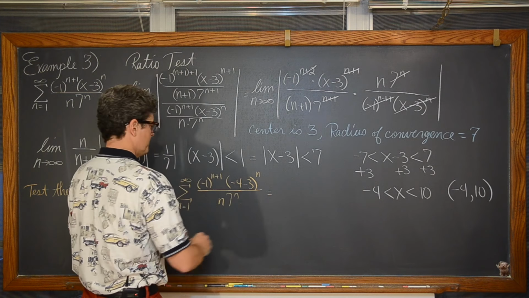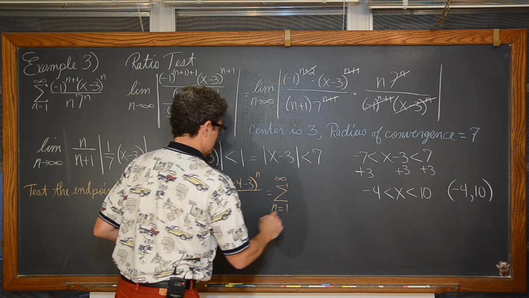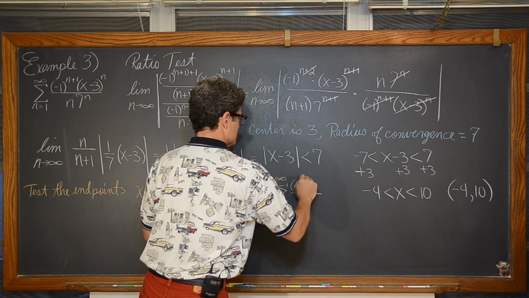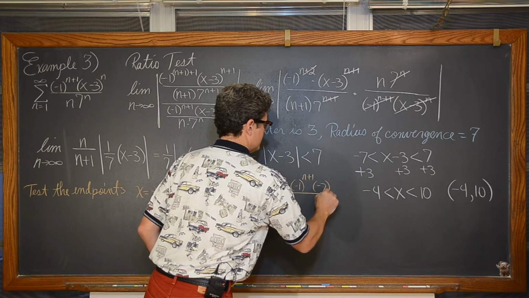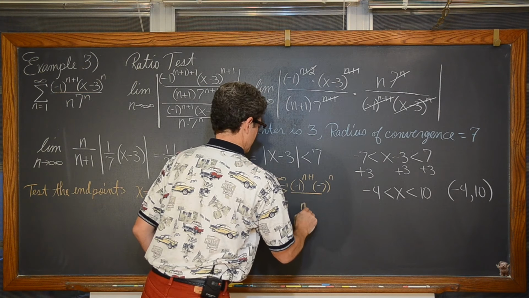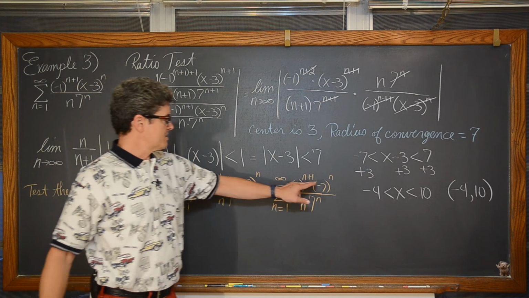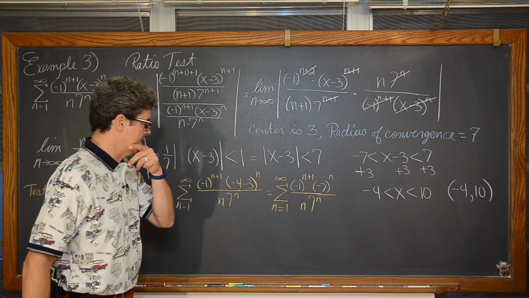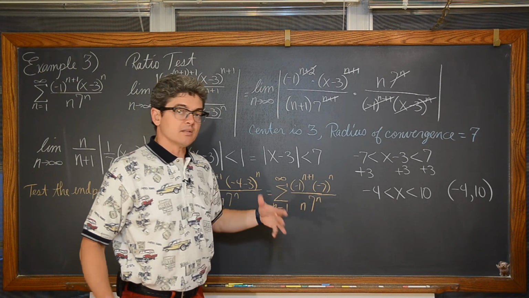We have the series negative 1 to the n plus 1. Negative 4 minus 3, of course, is negative 7 to the n. And we have n here with a 7 to the n power. So we have a negative 7 to the n, and in our denominator we have positive 7 to the n. Looks like we could almost make those things cancel out, right?